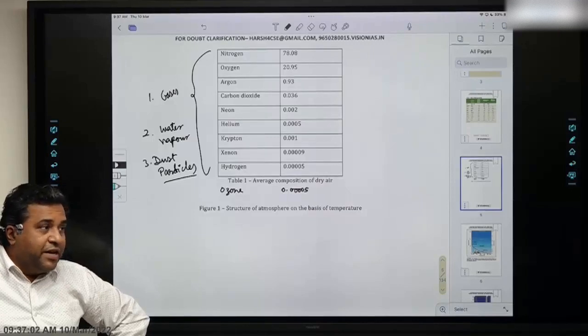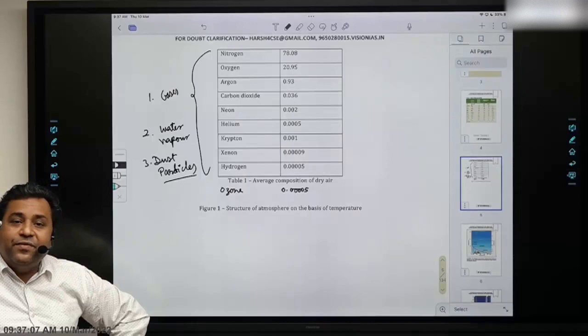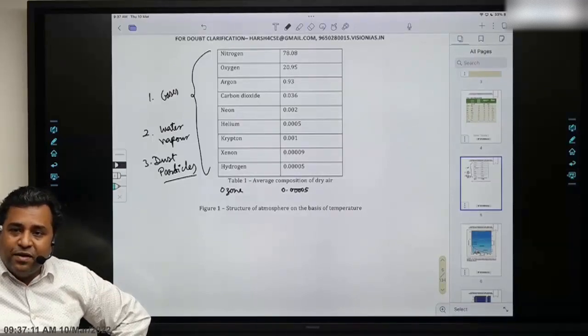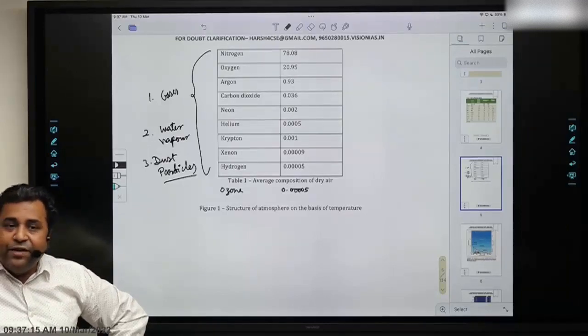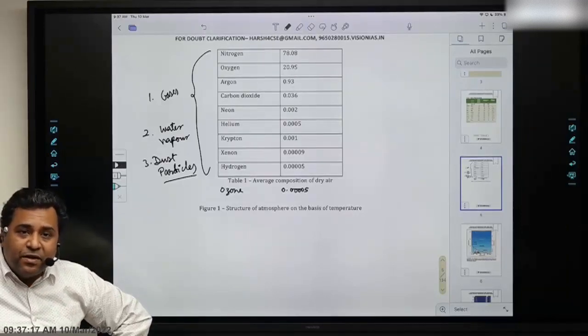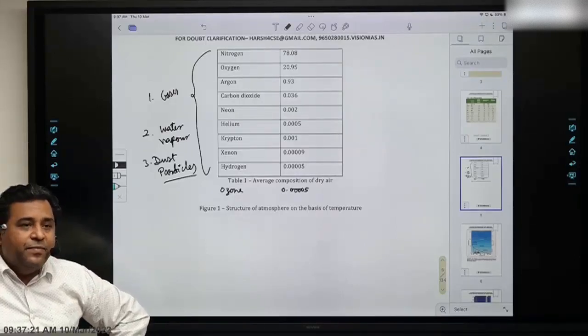Alright? ये सब लिखना है क्योंकि यही आपका climate बनाएगा. Because these are the things that I will ask you. At some stage I'll ask you, where should I find most of the dust particle? आपको पता होना चाहिए कि sir it should be closer to the land. Then I will ask you which are the different types of dust particle. तो ये इसीलिए यहाँ पे लिखवा रहे हैं. Because that will help you create the climate later on.